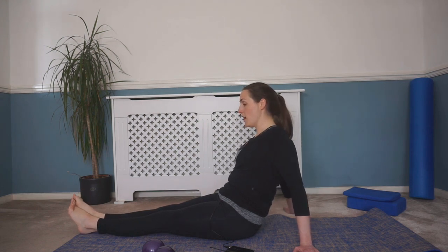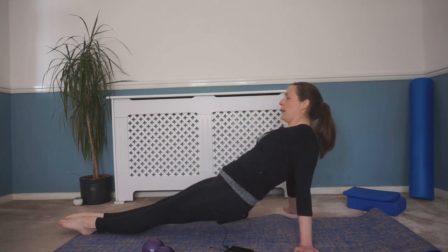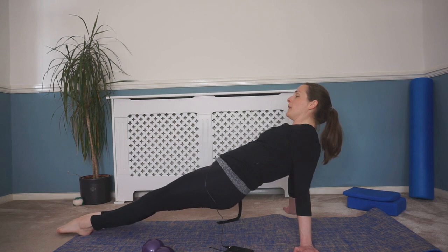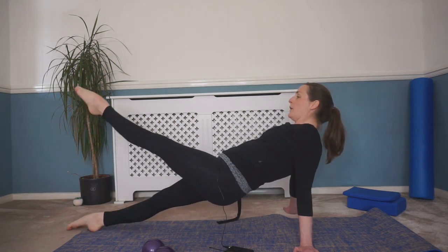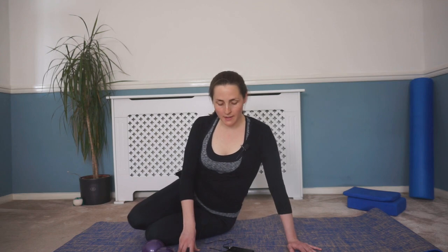So collarbones wide and that neck long. Okay, so breath in. As you breathe out, lifting up. Breath in here. Lift up. Good. And then lower back down. Very good. Okay, so coming round onto our side, if you've got your weighted ball or your weight, whatever you're using,